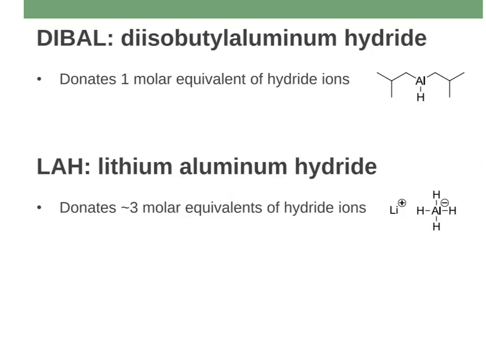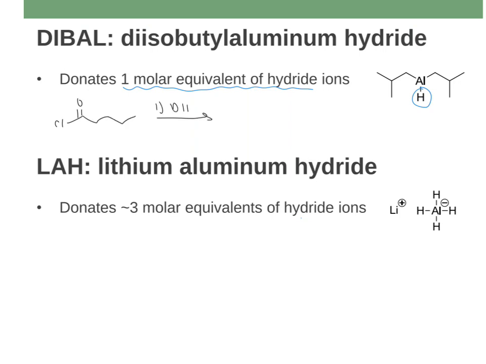So these are the two main actors. We have DIBAL, which is diisobutyl aluminum hydride, and LAH, which is lithium aluminum hydride. We already know LAH, but DIBAL is kind of the newcomer here. The big difference is that DIBAL, which is this molecule on the right, only has one hydride, so it only donates one molar equivalent of hydride, so you don't have these multiple ones. What's going to be really nice and really key about DIBAL is that if I have a molecule like, say, this acyl halide,